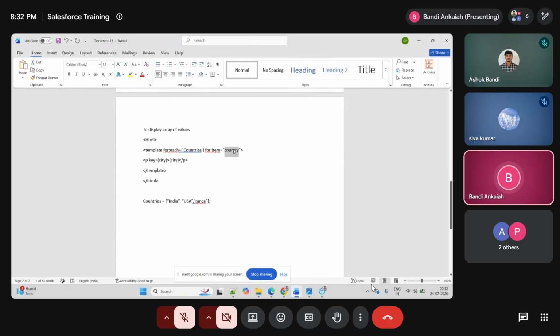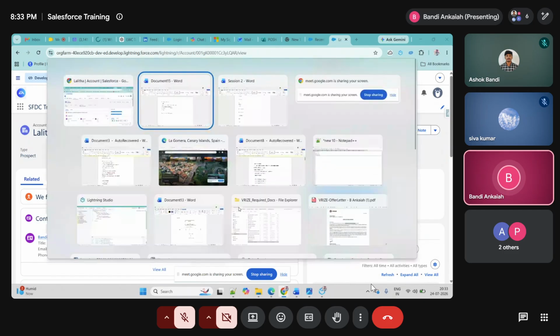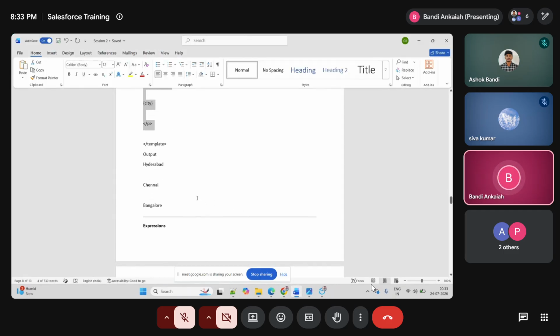Here we need to keep it as India, country. So country value: all the countries will be under this countries variable. For each one we identify it as country. Each item's key is country here. So what is the value for India? We display the key as India, and the value is also India. That list declaration, the array declaration in the JS file, should be